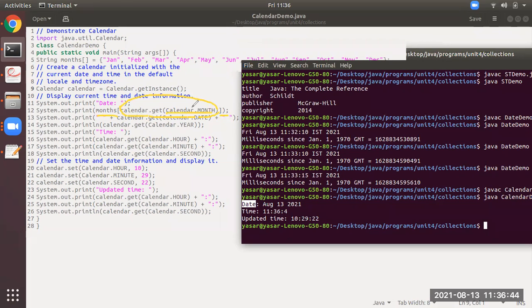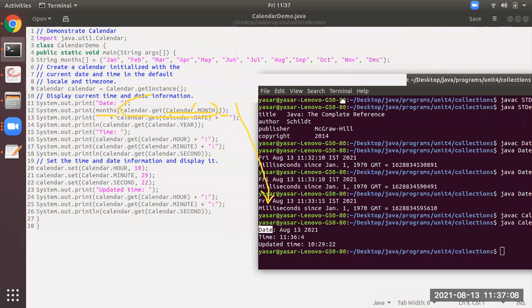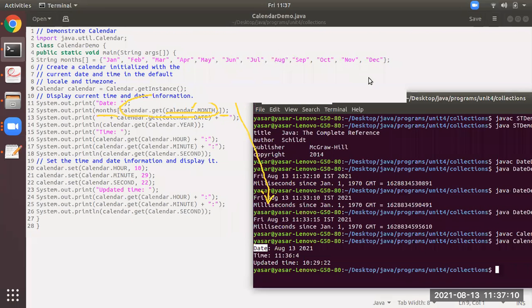According to my computer, the month is August, so that is this AUG, from this array, the abbreviated one. AUG. Fine.